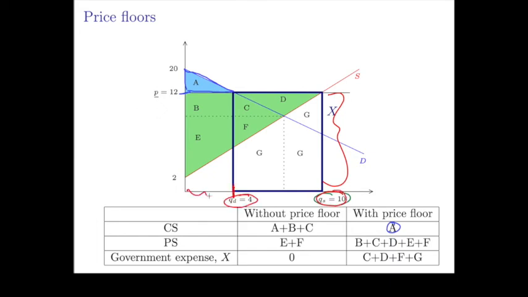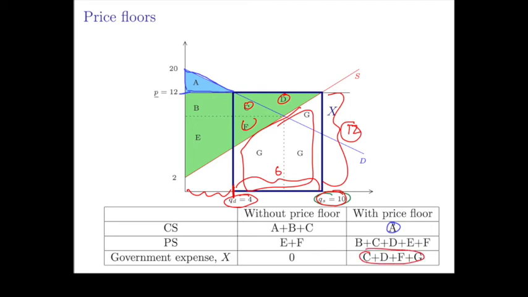So these units get bought by the consumers. These remaining units don't get bought. There are 6 of them. So for every one of these 6 units that the consumers don't buy, the government pays $12. So this area G plus C plus F plus D is the government expenditure,